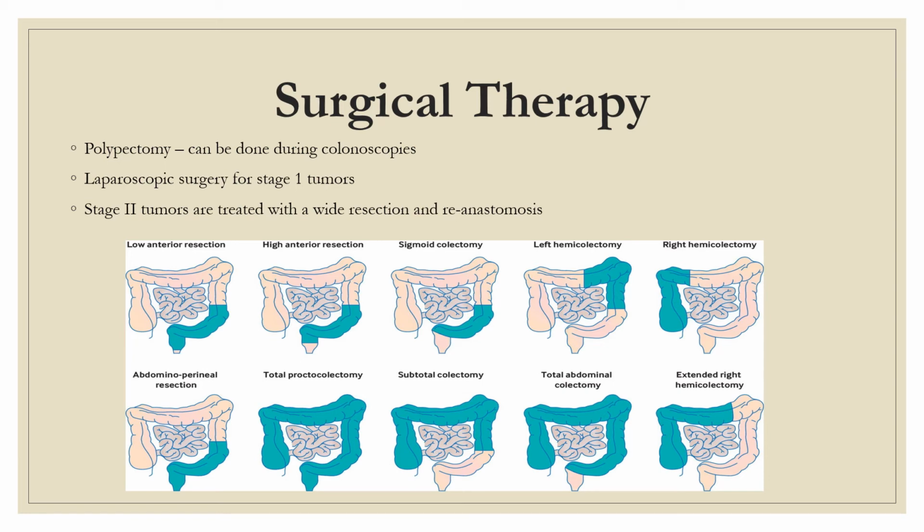This is usually done with removing more of the stage 1 cancer, and it includes removing the tumor within the colon and at least 5 centimeters of the intestine on either side, as well as any surrounding lymph nodes. The remaining intestine on either side is sewn back together. That's called the anastomosis. So you're taking the 2 new ends of the intestine and combining them to sew the intestines together. Stage 2 tumors are normally treated with a wide resection with a reanastomosis.